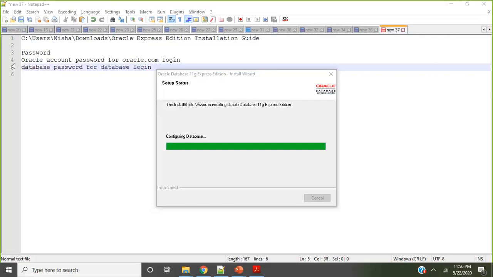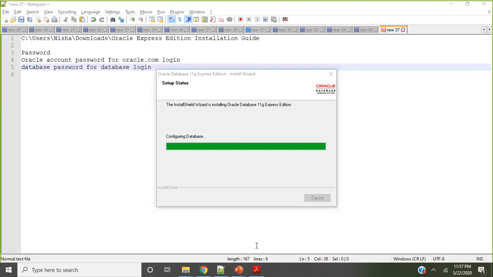One is the Oracle account password, that is for oracle.com, and the second one is the Oracle password for the database login. So now I think it's about to finish. Let it finish, one thing at a time. I don't want you to confuse it with SQL Developer. I can see it is installing.